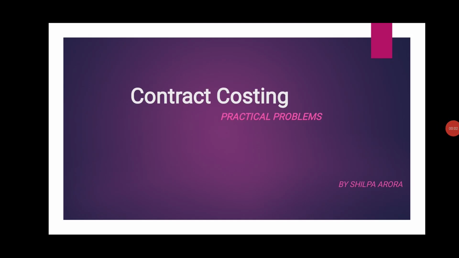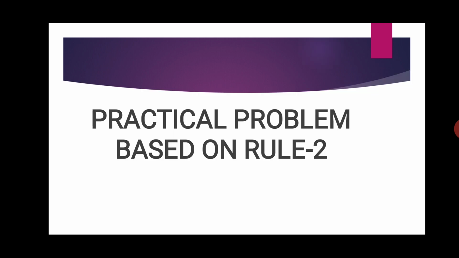Hello students. So today we are going to take the illustrations based on rule number 2 of the contract costing method. So our rule number 2 says that when work in progress certified is 1/4 or more but less than half of the contract price, then only 1/3 of the profit has to be transferred to the profit and loss account, and the remaining of the profit has to be treated as WIP reserve, means work in progress reserve, and